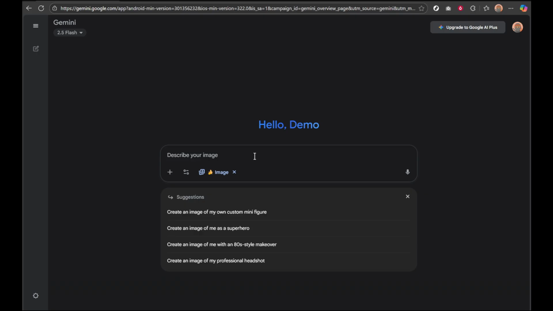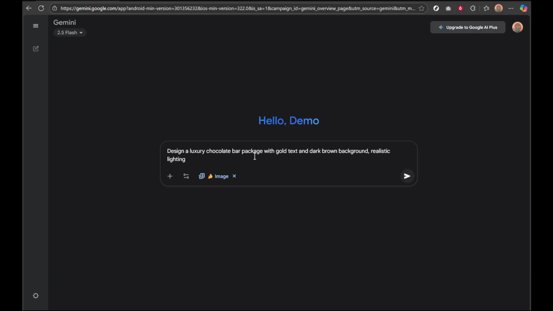Now, after you've clicked the Add Files icon, it's time to upload your existing product images or logos. Find those files on your computer and upload them to Gemini. This step lets the application recognize the product you're working on and forms the basis upon which you will apply your design tweaks. It's essential to ensure the images or logos you upload are of good quality, as this can